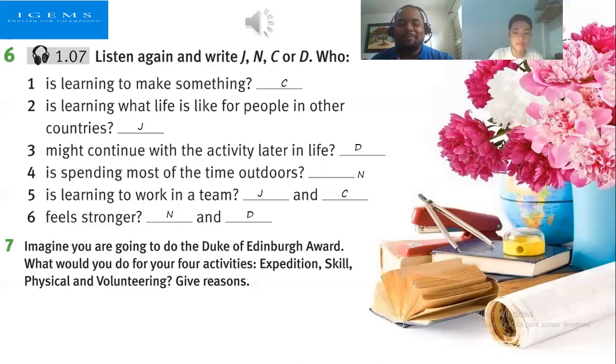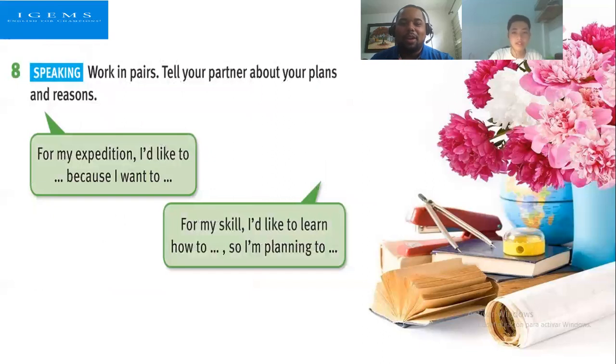So this is pretty much it. We're going to have this conversation here. What we are going to do, you're going to tell me your plan. Well, you already told me your plans, and the only thing I'm missing here is the reason. You told me that in the future you would like to volunteer, you would like to practice a new sport, and maybe you would like to become a teacher. So you're going to become a colleague. Let me see.